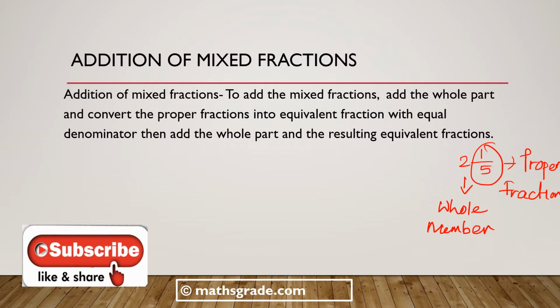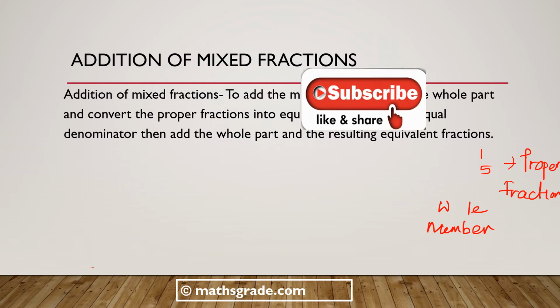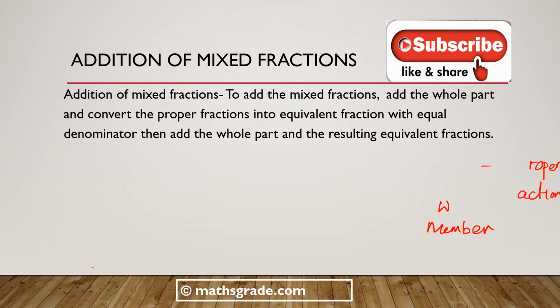How to add mixed fractions? To add mixed fractions, add the whole parts separately and the proper fractions separately. If we add two mixed fractions, then we add the whole parts separately and add the proper fractions separately. If the proper fractions do not have the same denominators, then we have to convert